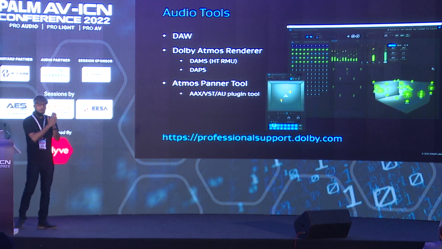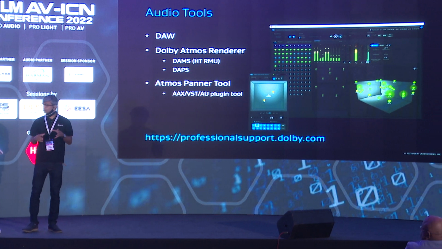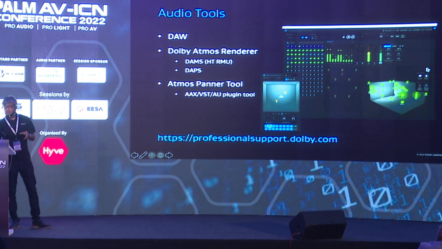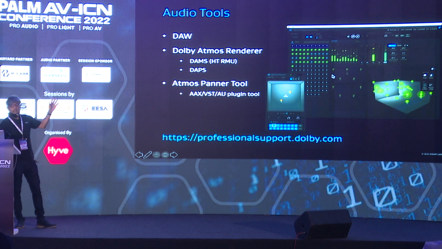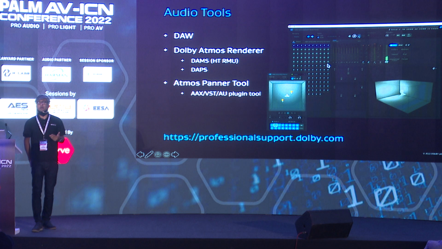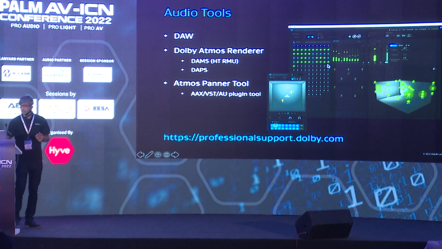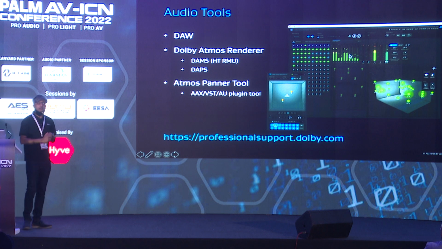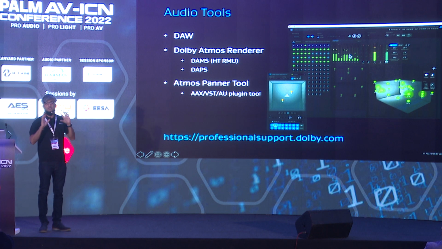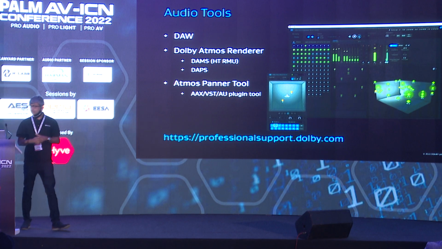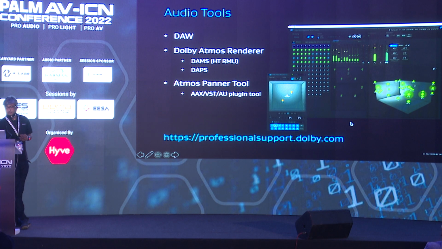Now this comes into the renderer. So that is what you're seeing here. This is the user interface of the renderer. And what you see on the extreme left are the inputs. So it just shows you what are the incoming audio signals into the renderer. And then what you see next to it in the meter bar is what is going out of the renderer to your monitoring. In this case, if you see, we have the monitoring layout for the room selected as